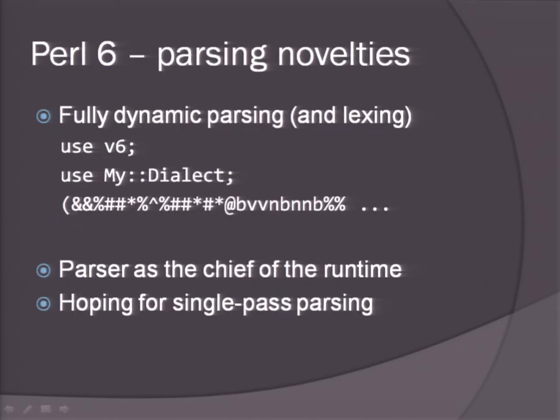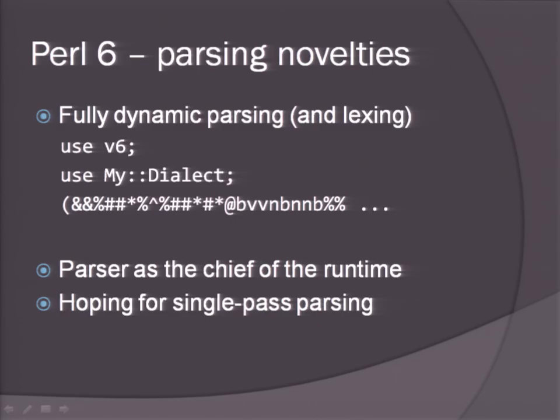There are a couple of parsing novelties with Perl 6 that make it kind of tricky to implement. First is that it's fully dynamically parsed. That is, the parser really runs or controls the runtime. You can import modules at compile time. It's called at compile time, but it's really creating a call to go out and link to the parser and pull in another program that may be itself compiled that can affect the parsing. And so as you're using your program that's written in Perl 6, you can import another language.